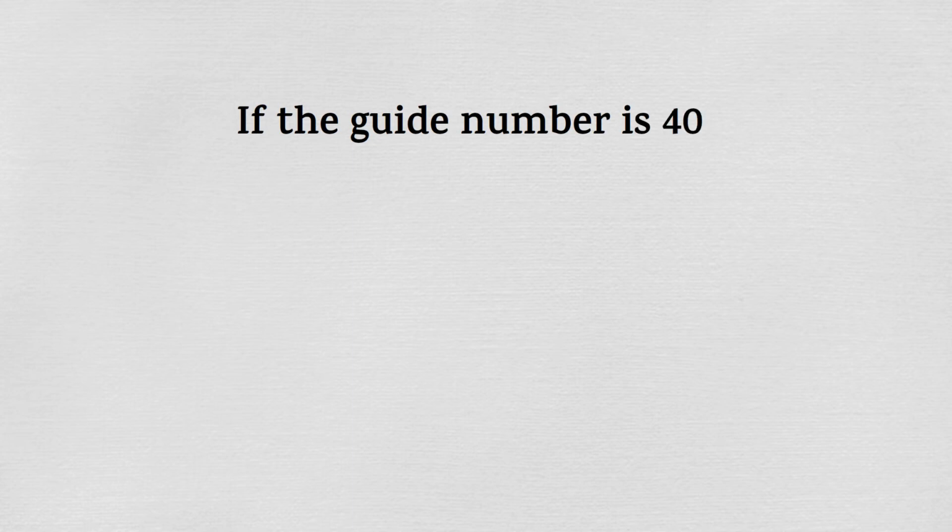Now, your synchronization speed or your shutter speed for the flash is fixed. What would be your aperture? The aperture depends upon what is known as the guide number of the flash. The guide number is the intensity of the flash, which would be given by the camera manufacturer, by the flash manufacturer. Right. Now, let us say the flash manufacturer has given a guide number of 40. How will you arrive at the F number?